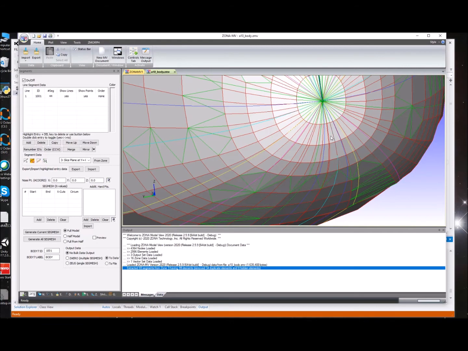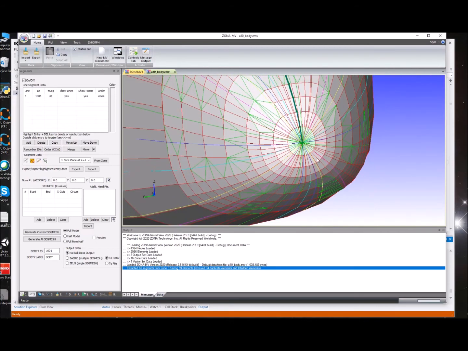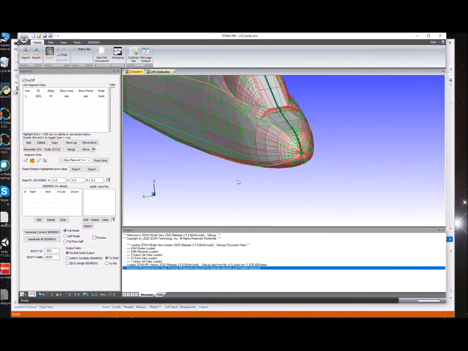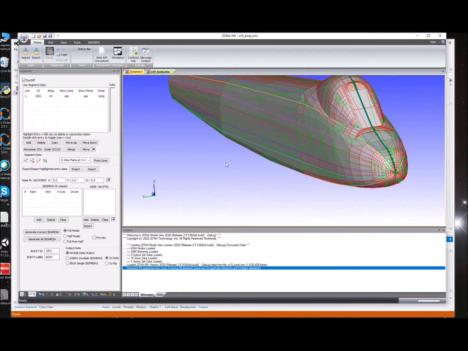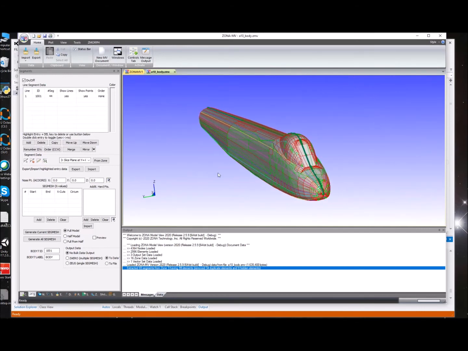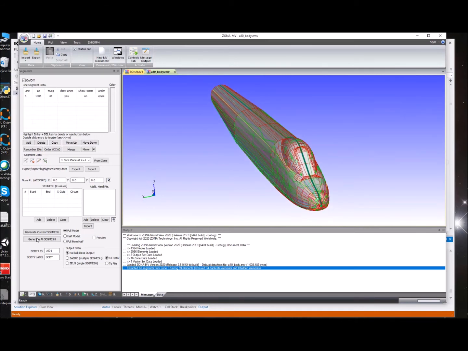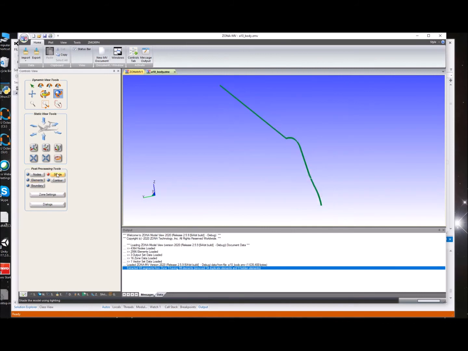And okay, so now if we zoom in, we're starting from the nose point. So now we turn this off, which is the deleting option, so we don't end up deleting points. And I'll turn off the show points here, and if we turn off the elements and shading,